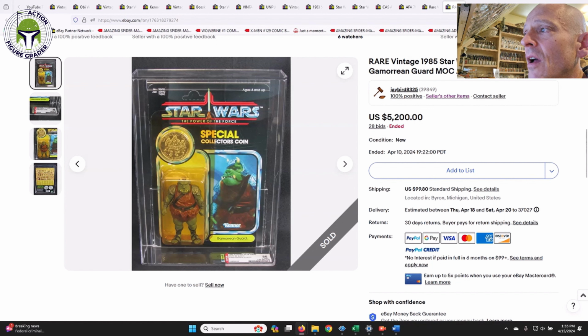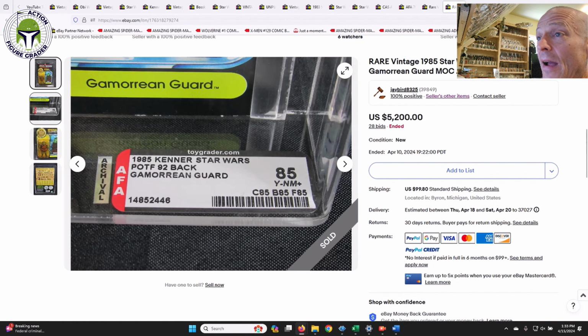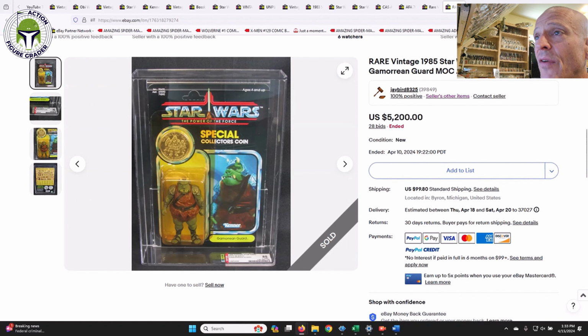Just got in for his collection that we had in the live stream. But this was an AFA 85 with the flying saucer top there, just like Chris's example. 85 grade. Wow. And again, this is an Australian New Zealand exclusive, straight 85s for the subscore. That one sold for $5,200 in an auction,